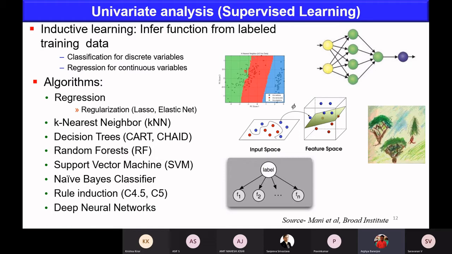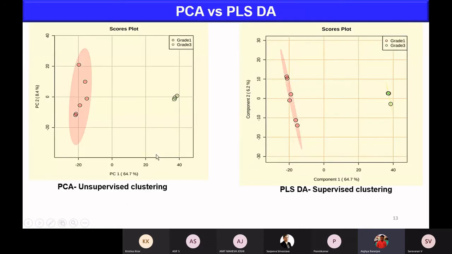On the basis of that test model, you have to validate a large number of blinded studies. It can only overfit your data. It can only categorize your data. It can help you to build a test model. So KNN, K nearest neighbor, decision tree, random forest, these all are the ways of supervised learning.